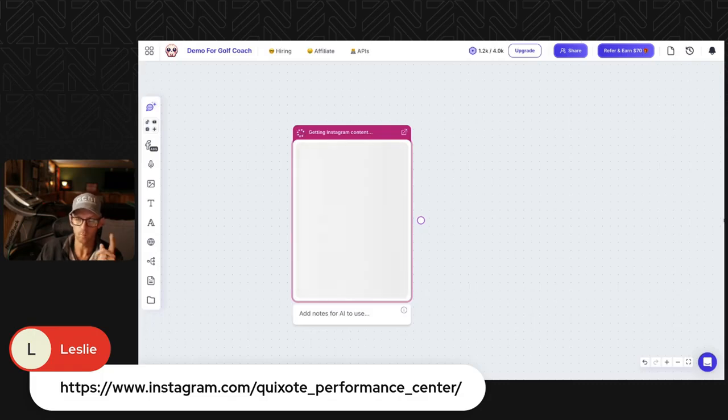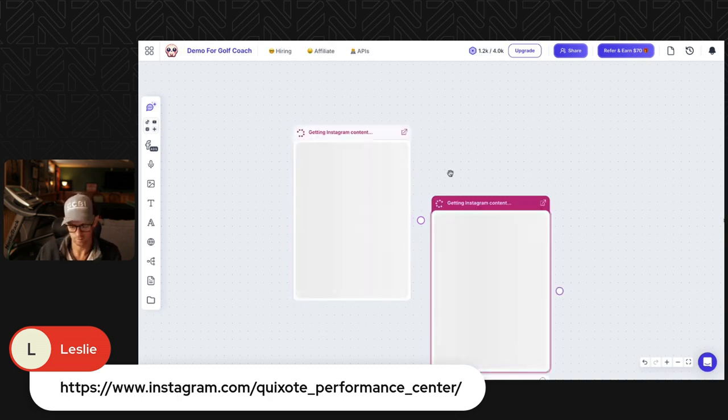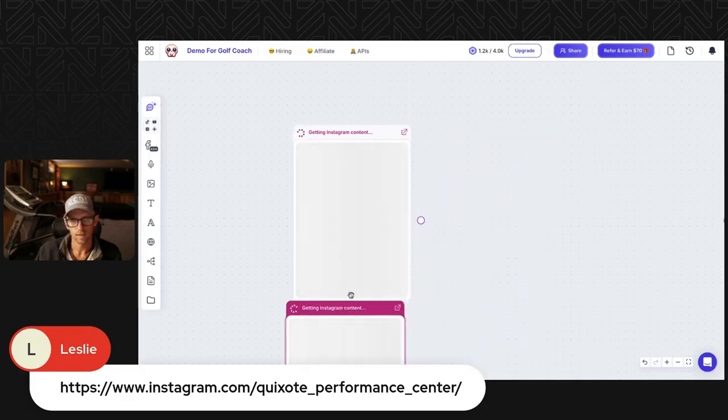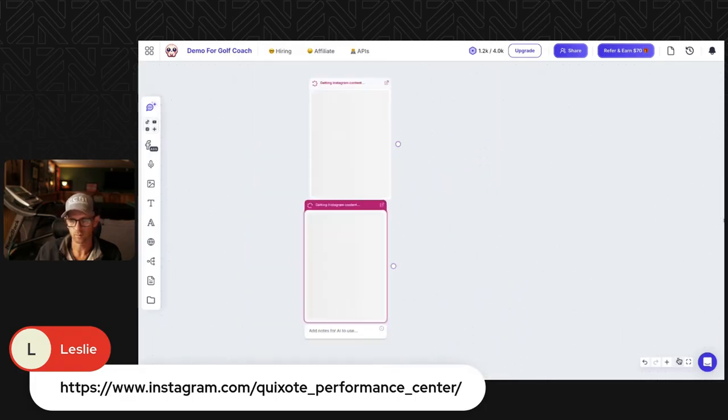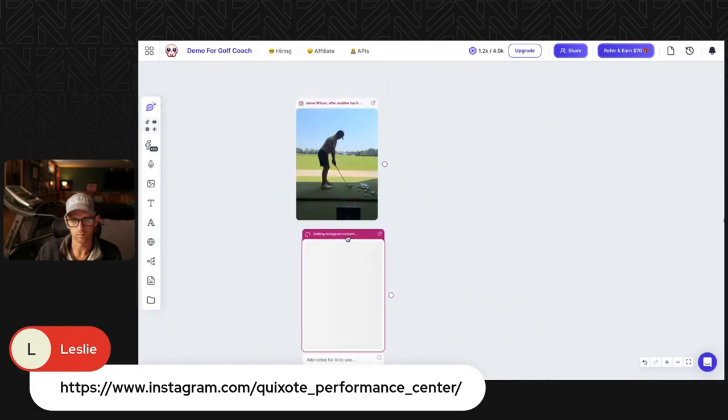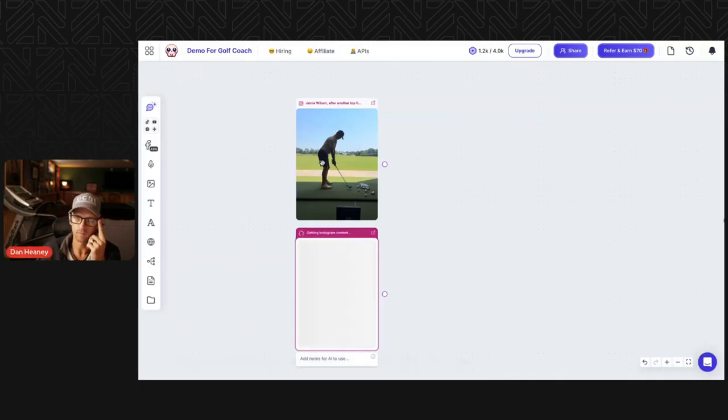Now, what you see Poppy is doing is it's transcribing that video. So it's getting anything that was said during it and pulling it in. I can do this with as many of these as I want. So I'm going to pull another one in here, paste that. I just got to go to work for a little bit just to get the information from it. But look, you see, pulled in a reel from that account, that specific post. I'm going to let it do its thing on the second one.